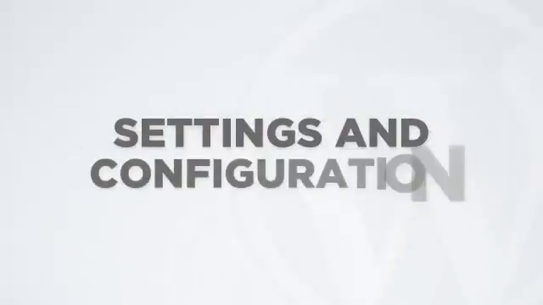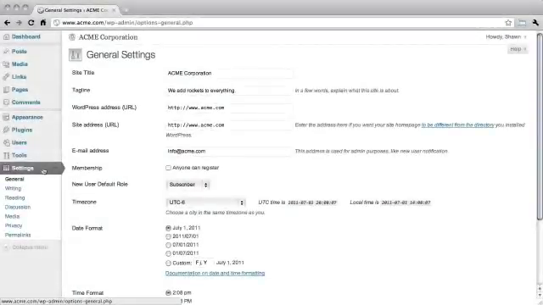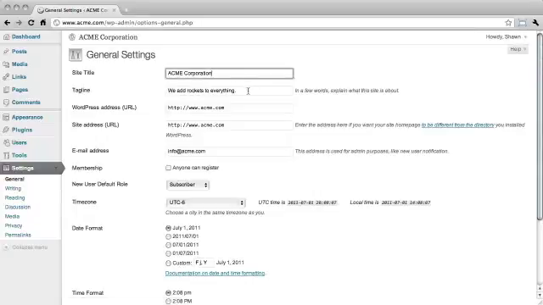In this video, we're going to talk about how to configure your settings to optimize and get the most out of your WordPress site. We're going to cover a lot of ground in this video, so if you're ready, let's dig in. The General Settings subpanel controls the most basic configuration settings for your site, such as your site's title,